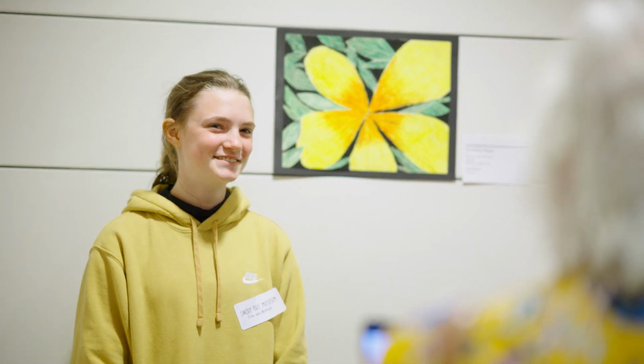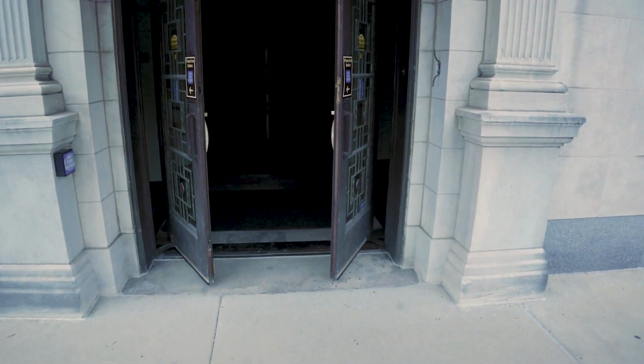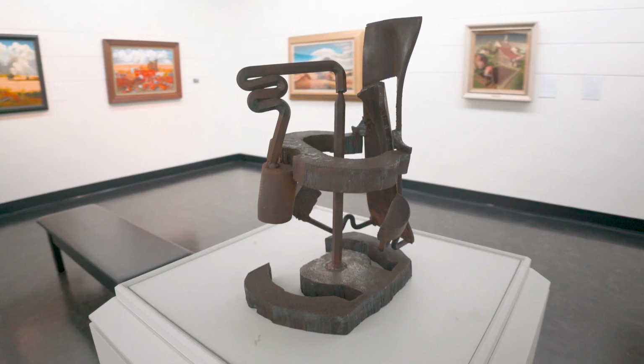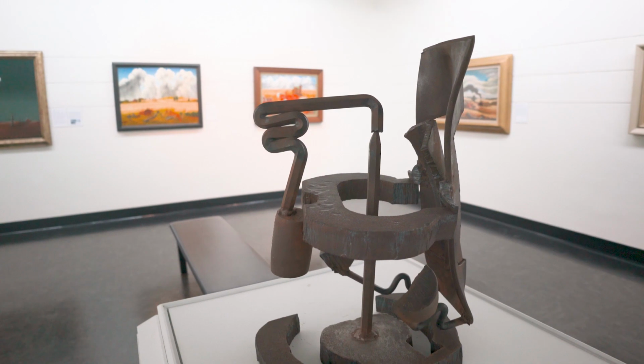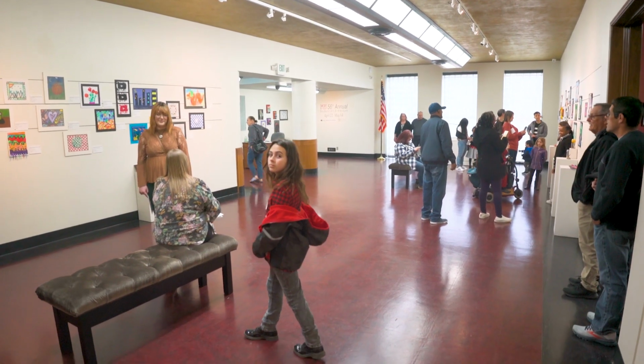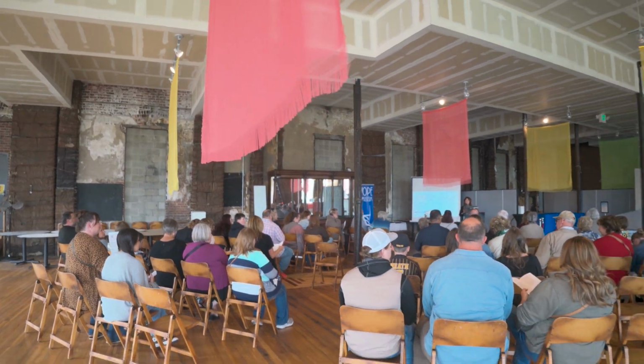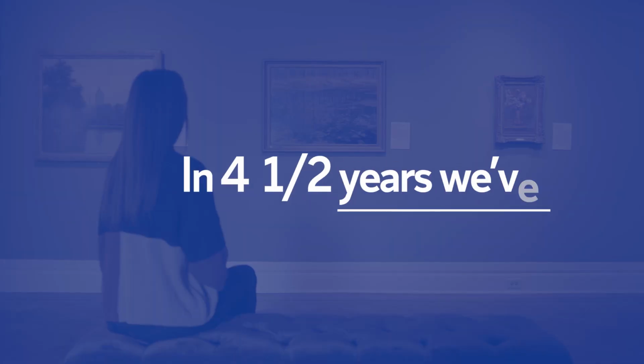When the goals of the campaign for tomorrow are reached, our classic building will see vibrant changes with an expanded education center for children and adults, better accessibility for all, art storage that will protect our collection, an additional gallery for sculpture, an HVAC system for better art preservation and visitor comfort, additional multi-purpose areas for Swope events,